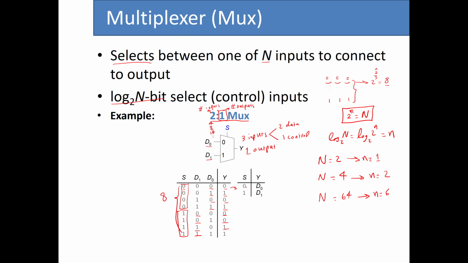saying that when S is 0, Y equals D0. Of course, D0 can be either 0 or 1. And when S is 1, Y equals D1. Again, it means that D0, D1 also can be both 0 and 1, right? So basically, to wrap the definition around completely, we can say that S, the select or control input, is basically selecting whichever of the inputs to be delivered to the